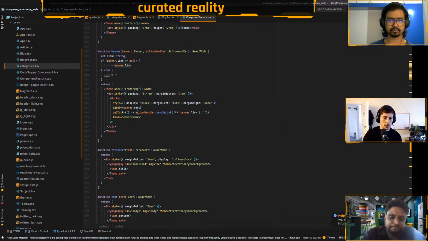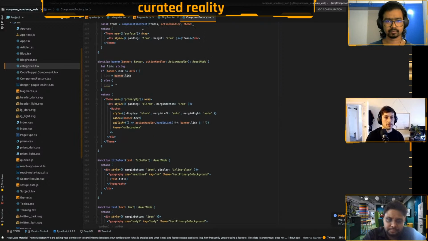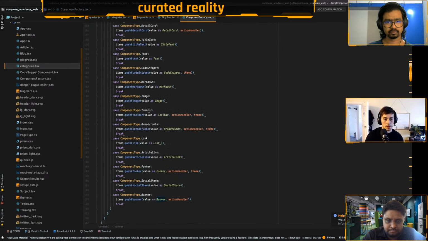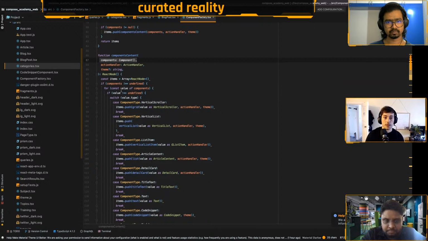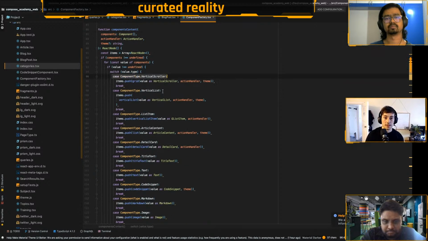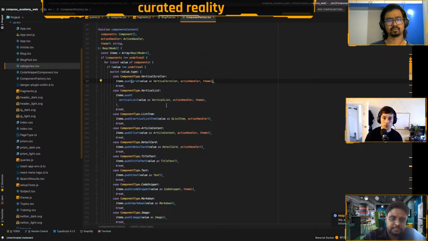So for example, in the case of the banner, where is it? Yeah, so all that's essentially happening here is we get the list of components back from the API, and then we use the TypeScript types to decide which function should be called and which component should be rendered.